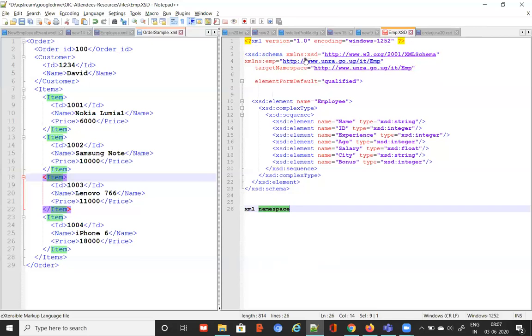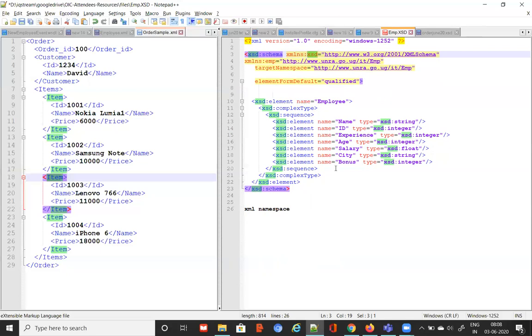Okay, so now here, XML-NS:XSD. What does it mean? It means this XSD is actually referring to an existing namespace. Namespace is usually representing another XSD.